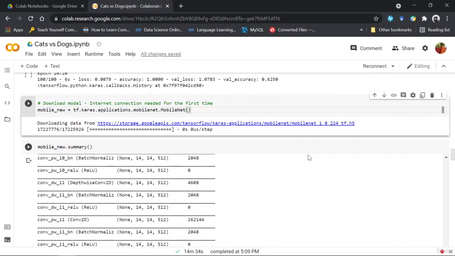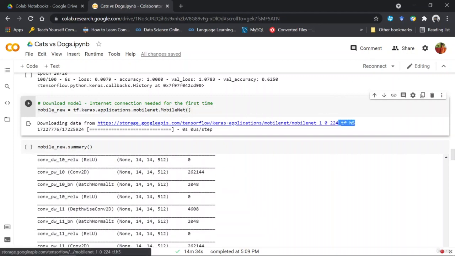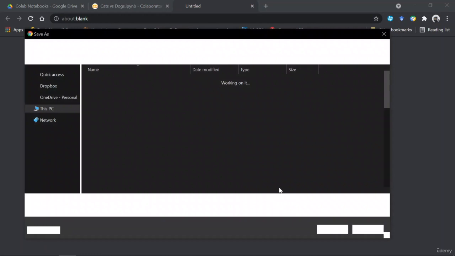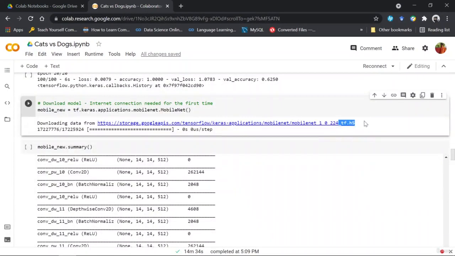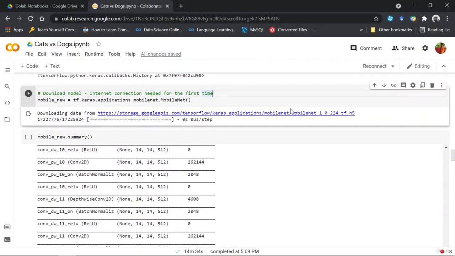file. You can see the .h5 file is present here, and if you click on it, okay, so it's basically asking you to download only. Yeah, it's only asking you to download. So you can see that an H5 file is present. That is basically the saved weights and classes, or the information of the MobileNet that it has attained